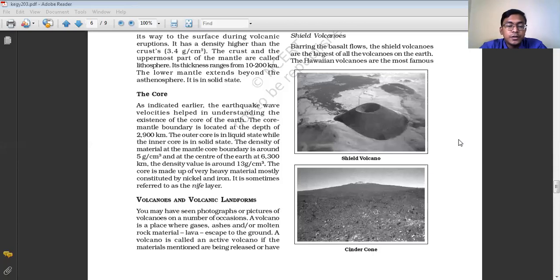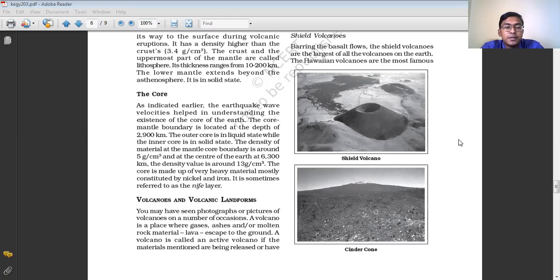So students, we are going to discuss today the volcanoes and the different types of volcanic landforms. In our previous class, we came to know that there are different layers within the Earth's interior. In the upper portion of the mantle, which is also known as the asthenosphere,